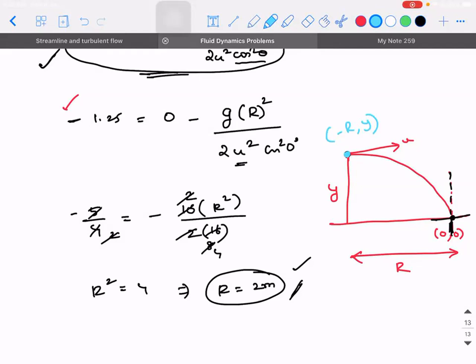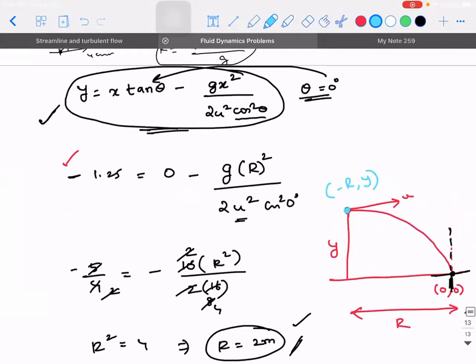Okay, I understand, sir. So depending on origin, because this is only a mathematical formula. This is maths actually. y = x tan theta minus g x square by 2 u square cos square theta is actually not physics. It is maths because you are using the word equation. It is the equation of projectile. To be more specific, it is a parabolic equation that you are writing. That is only a difference.